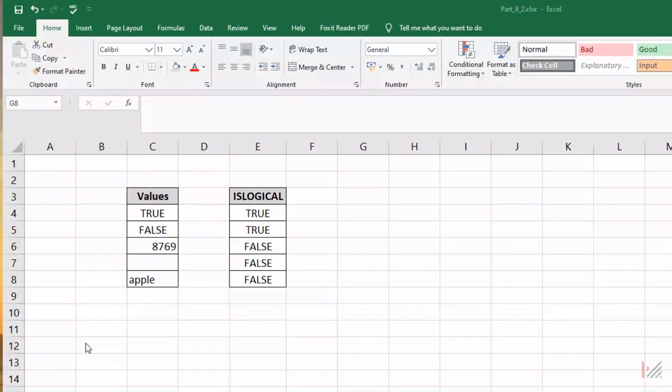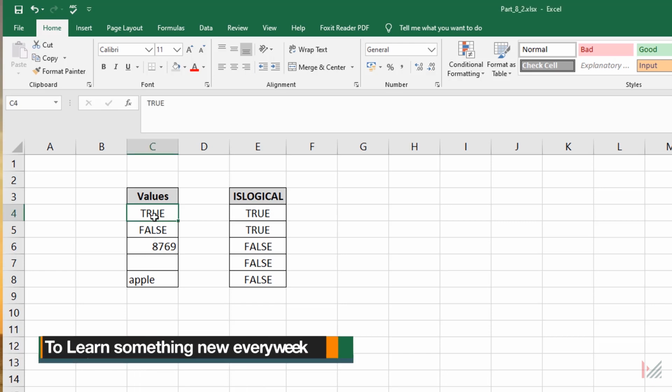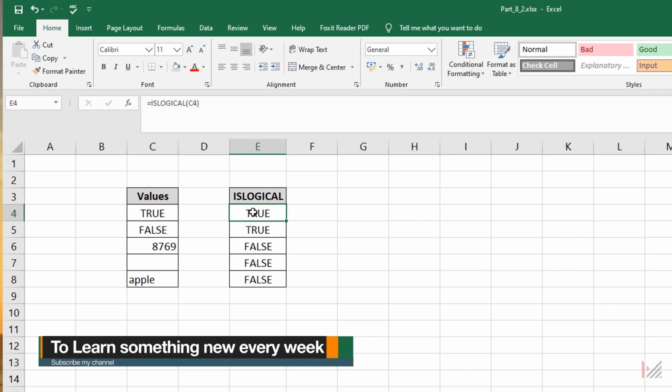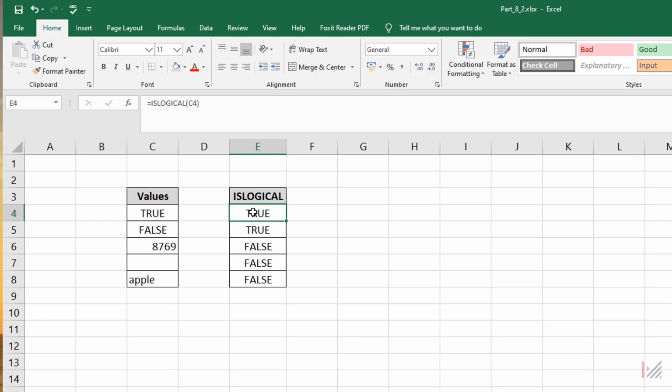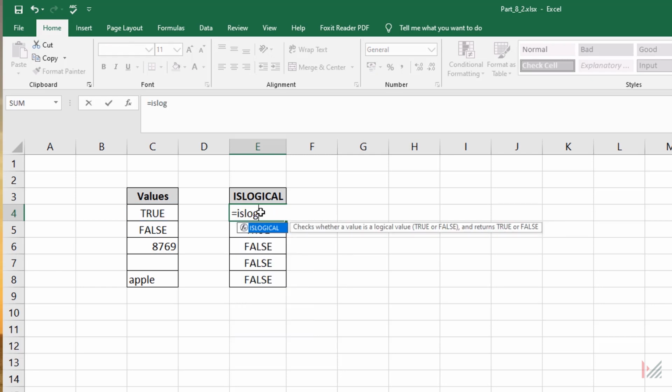Tip number 1, ISLOGICAL. The ISLOGICAL function will return true when the cell contains a logical value, true or false. In this column this is true, so ISLOGICAL will check whether the cell returns a true value. If some equation was returning true or false, we can check using the ISLOGICAL function. So you have to write like this, equal to ISLOGICAL, and inside the bracket you have to give the